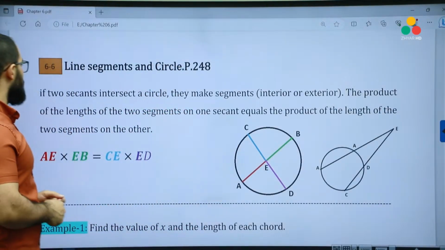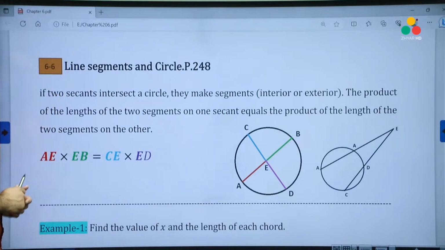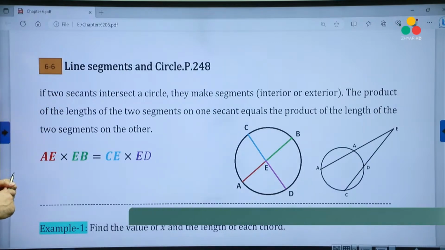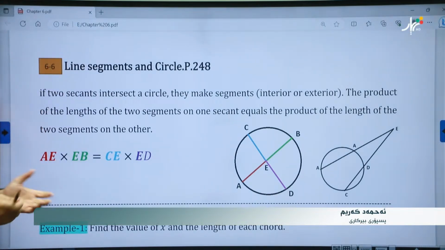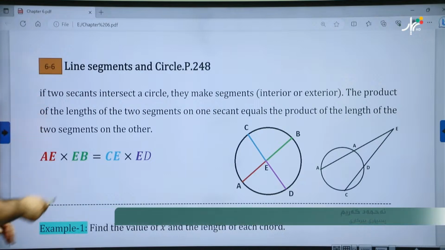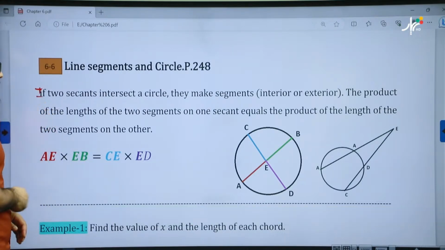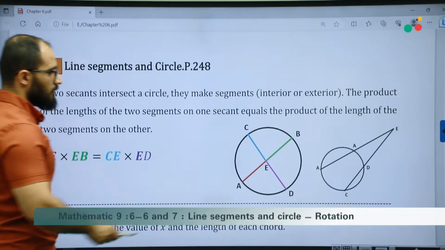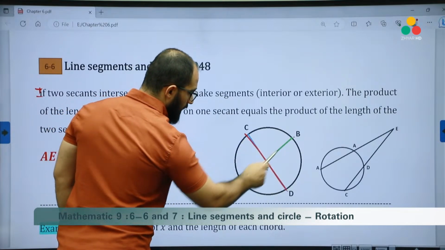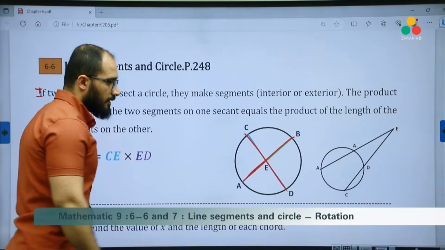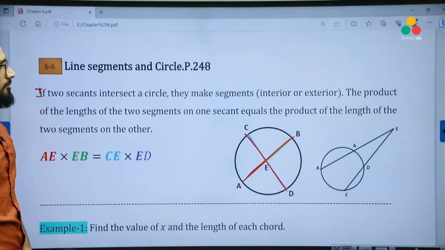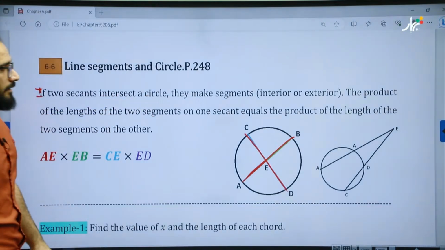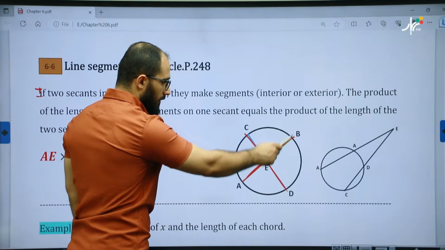Today we have a new subject in chapter 6, section 6, line segments and circle, page 248. So as always, you have a definition before the explanation. It says if two secants, this is one secant, and this is the other secant, intersect a circle, they make segments, interior or exterior,